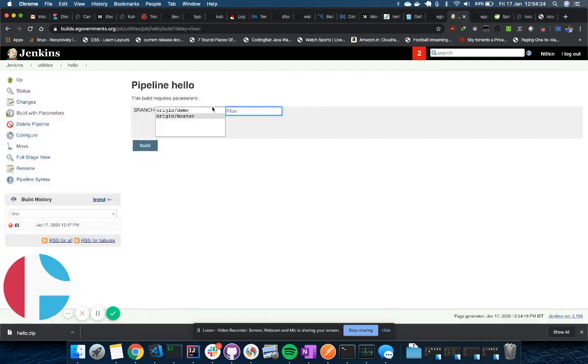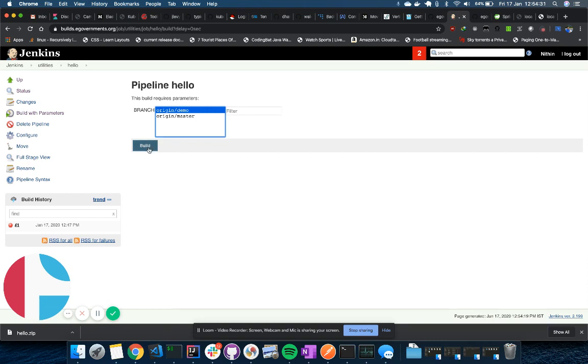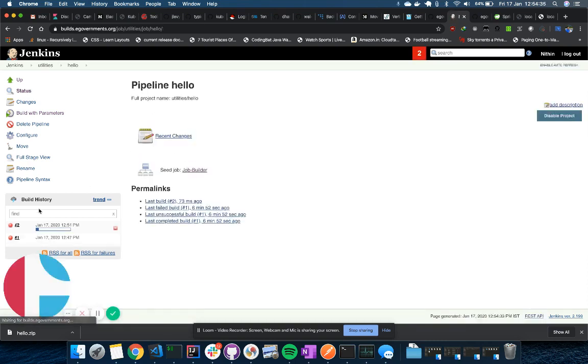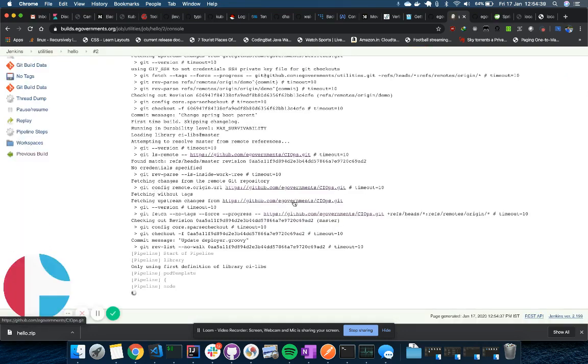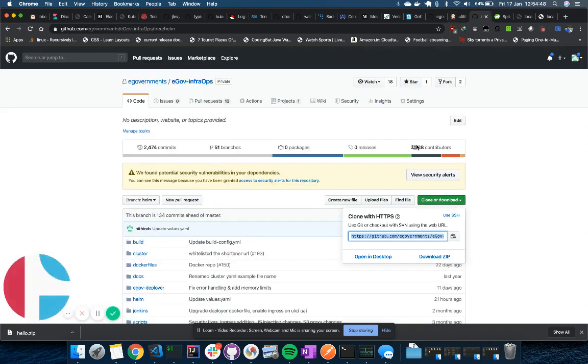You can push to whatever branch you want, and it will come up here in this drop down, and you can build from whichever branch you want. So now I pushed the change to origin slash demo, not to origin slash master, because maybe for master I will raise a pull request at the end of the day, maybe at the end of the sprint. So you don't always have to push to master and then build. You can build it any time you want.